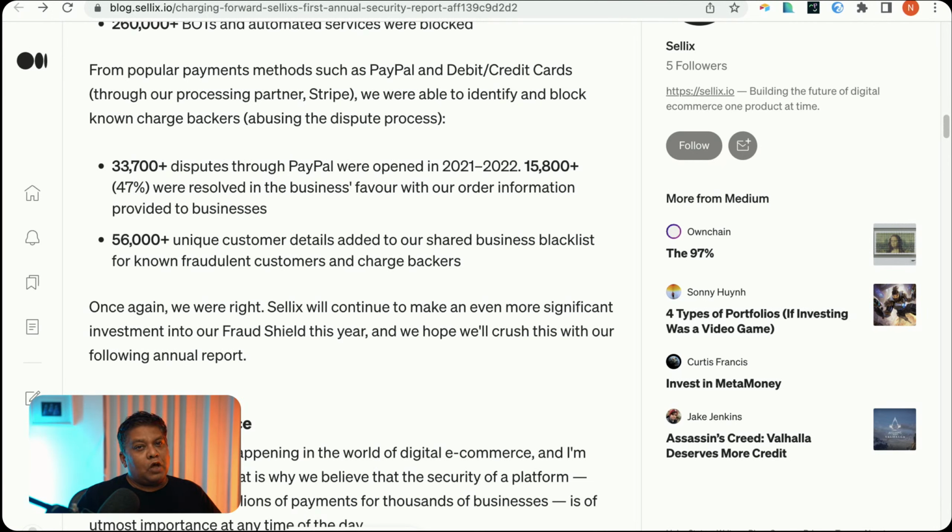I'm not sure if these are numbers where users were using stolen identities, but it has certainly attracted a type of user base which is involved in not just selling illegal and pirated software, but is also trying to do fraudulent transactions. So both from a buyer and seller perspective, these are some interesting numbers.